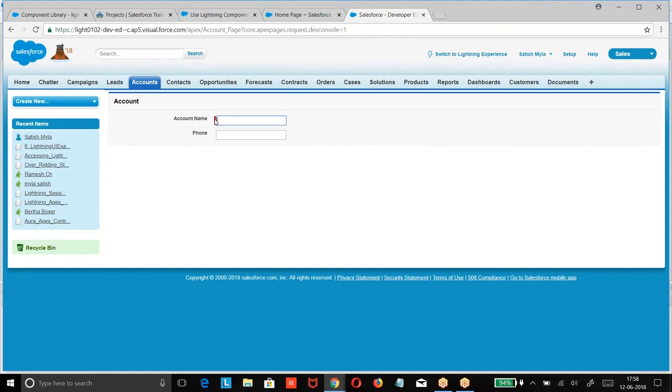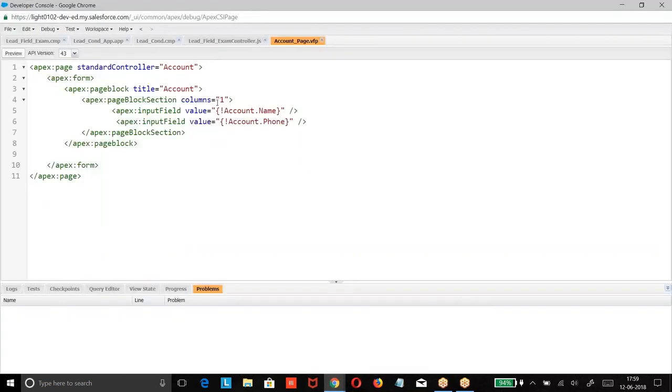You are creating a form. But while I am creating a form, I don't want to take that name field as a required field. The moment you use input field, we are getting exact properties. I don't want to get exact properties. I want to customize as per my requirement. Then what will I do? Obviously, you are supposed to go for input text.